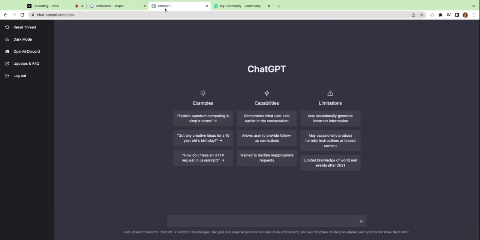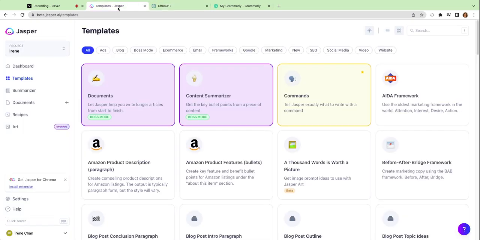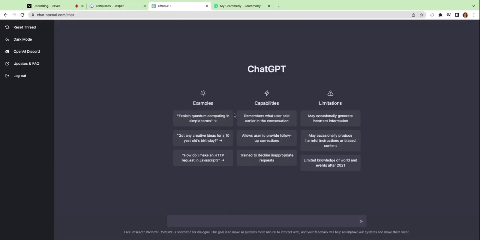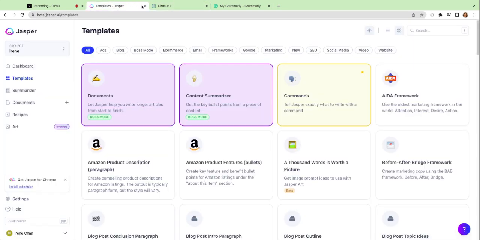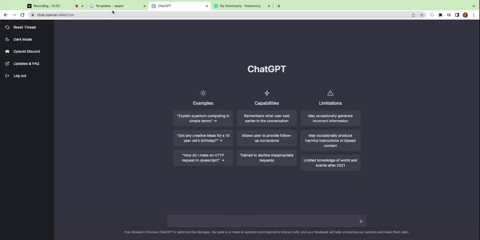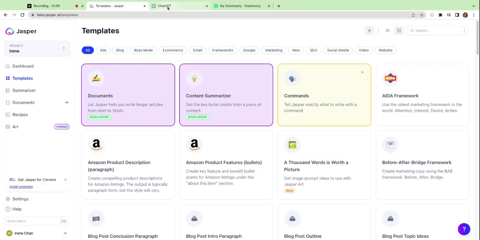So with ChatGPT, it's from OpenAI, and it's free. So I could definitely understand why people would prefer ChatGPT. Today I'm going to experiment using the same commands in Jasper and then ChatGPT. So this is definitely live. I'm recording this right now, and I don't plan on editing this just because I want to get over it